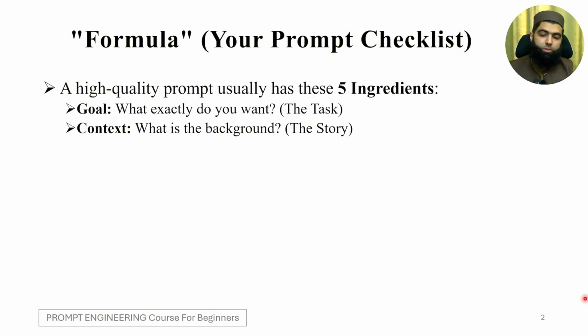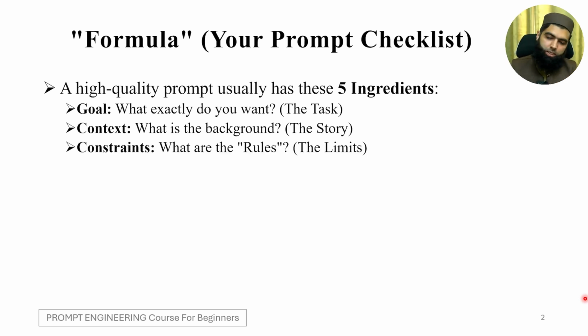So context is what is the background, the story. You need to tell the story. You are talking about the task, the goal, the objective that you want to achieve. But there will be a context surrounding that objective. AI doesn't know you. An AI chatbot, even if it knows something, you may be talking about some random task. So you need to tell it the story, the context of the task, as we will see later.